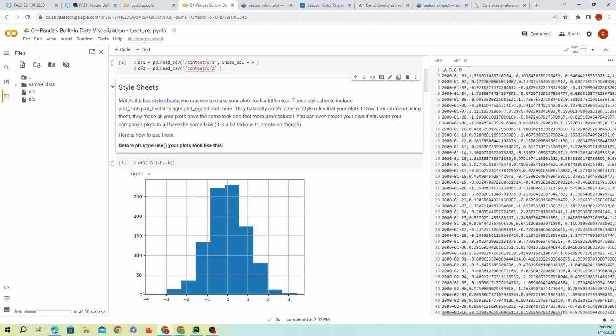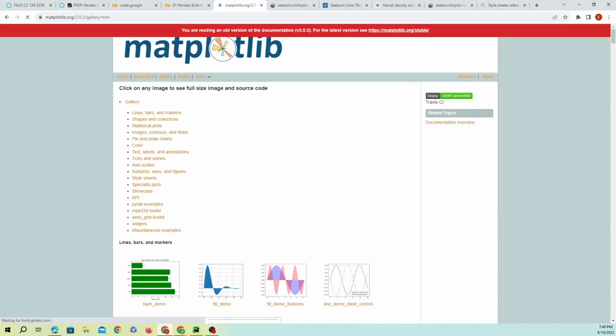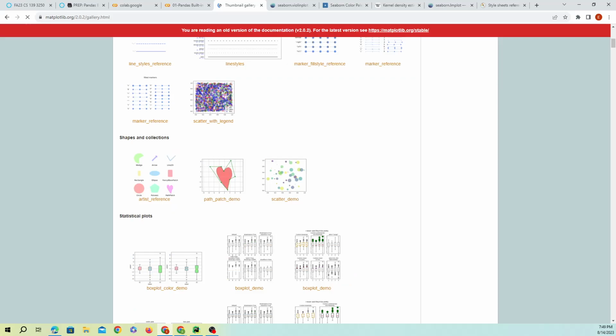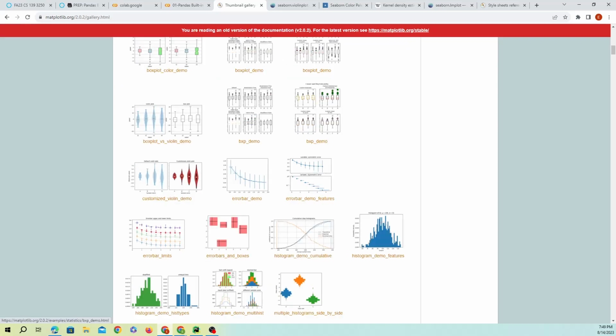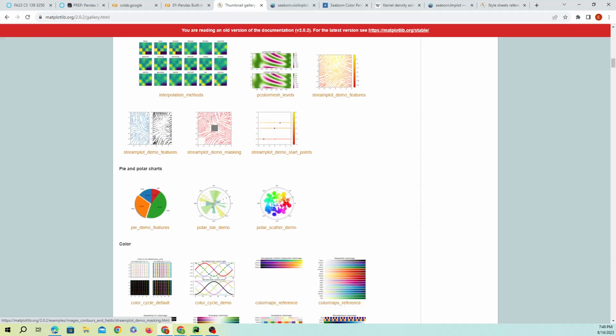There's gonna be a BMH, a 538, a ggplot. So if you click on it, you should be able to see those graphs, right? Let me actually put it in, so you can see the different types of graphs that I was talking about. Let's see. Oh,